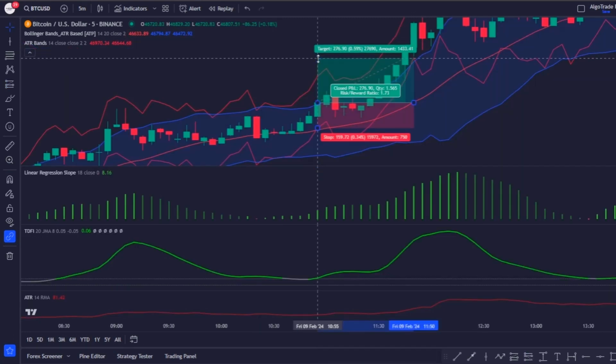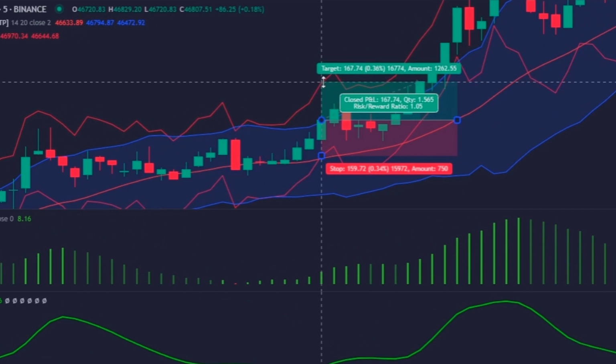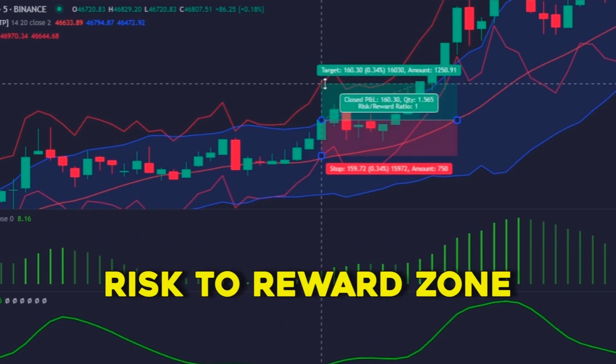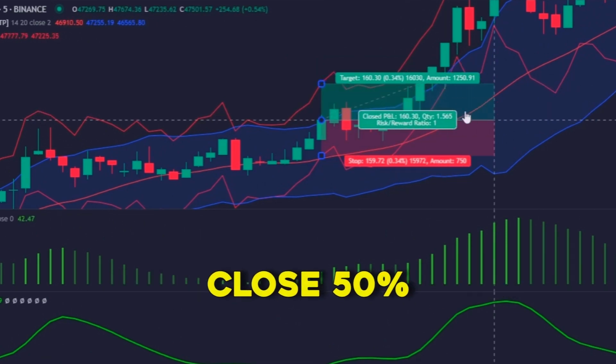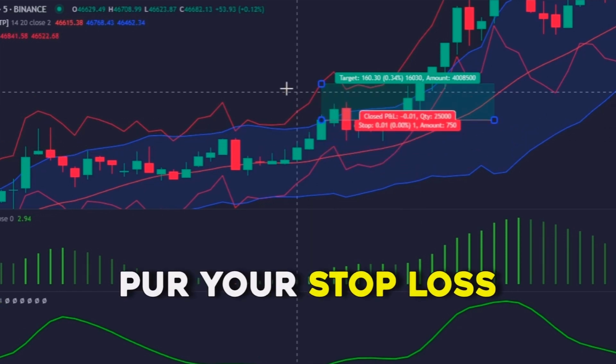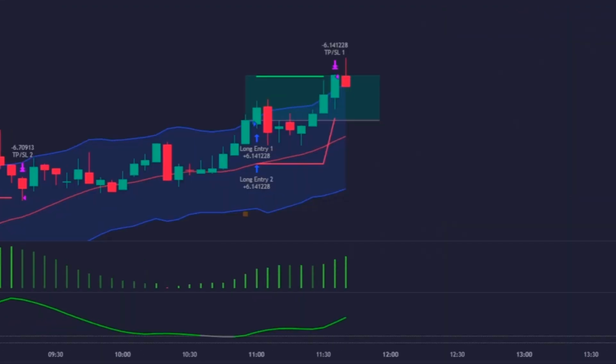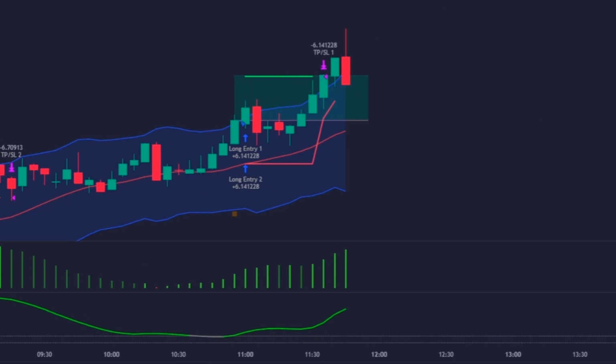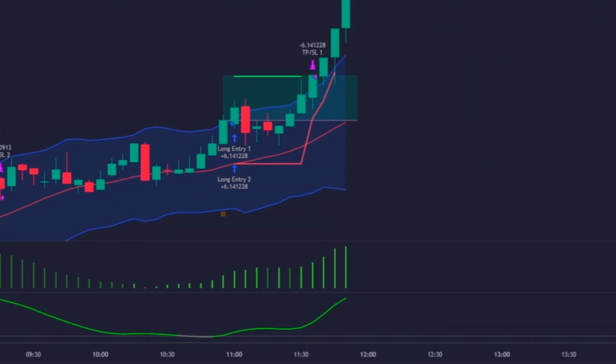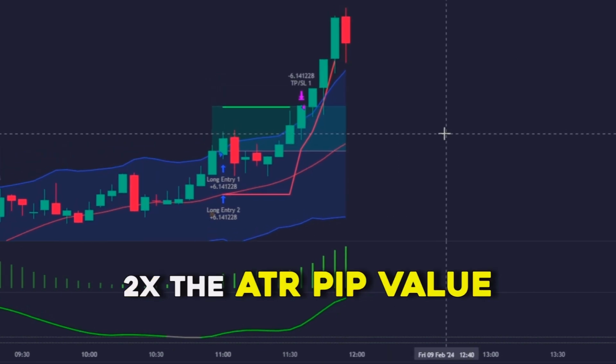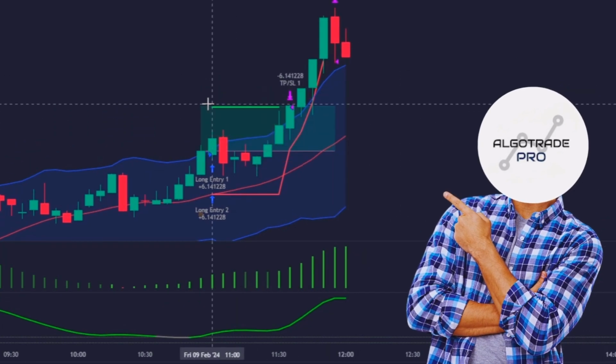For the take profits, you should choose a first one on the 1-to-1 risk-reward zone, where you should always close 50% of the position and put your stop loss on the entry point. And then, every time the price goes in the direction of the trade and closes, you should move the stop loss according to the formula 2 times the ATR pip value, just like I am showing you on this trade